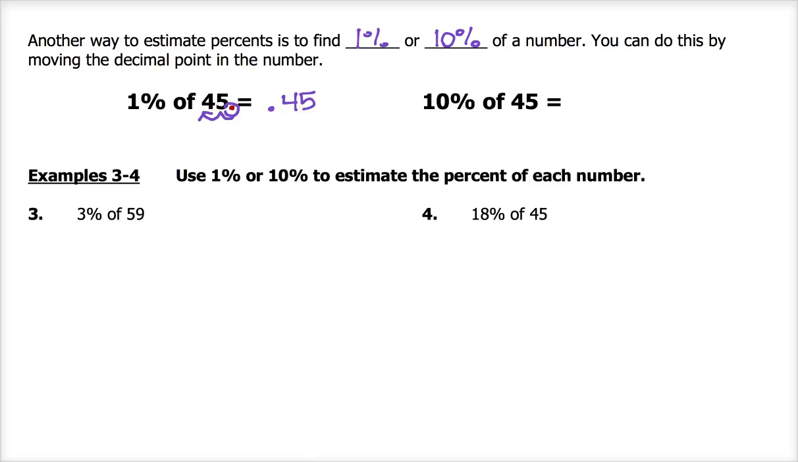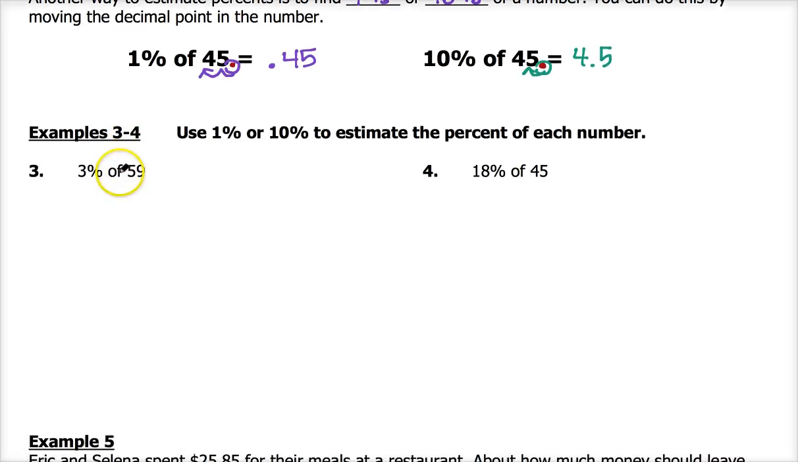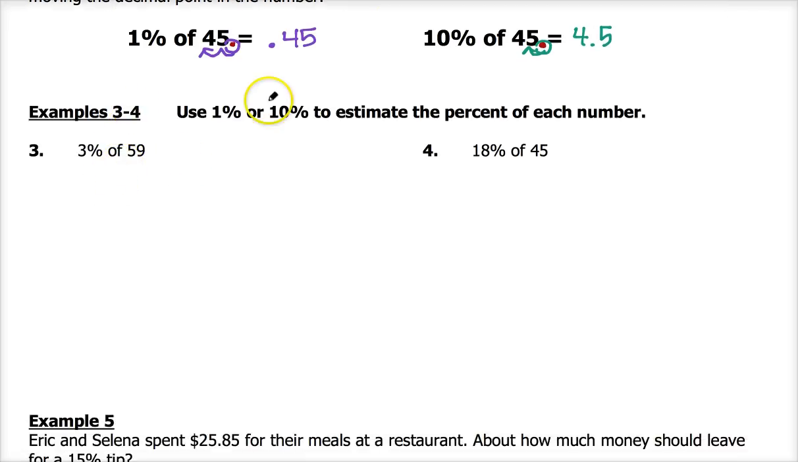10% of 45, we're going to move the decimal to the left, but we would only move it 1 place to the left. So 10% of 45 is equivalent to 4.5. So using those two rules there, we're going to estimate percents in examples 3 and 4 using the 1% and